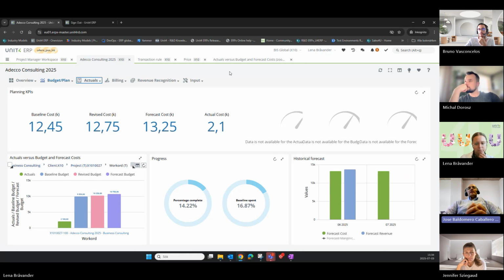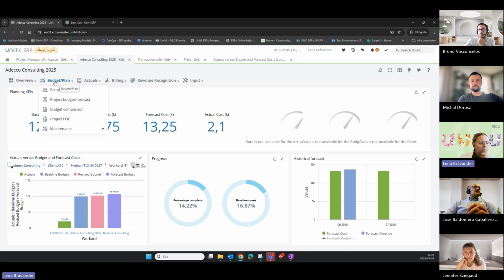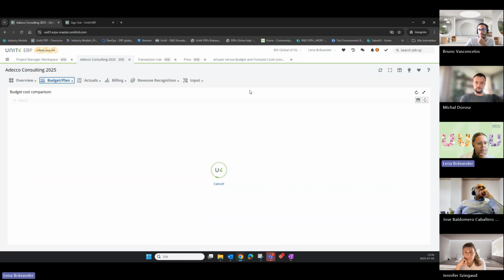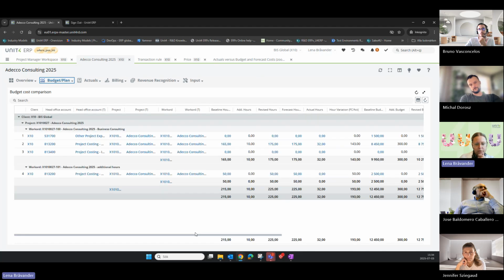And would you mind showing the other view that you showed, where you can see this in the information browser and we have the estimate to complete and so on? So we can see what all the reporting is that we have. I don't remember where this was. So we have a couple of ones here. I don't remember the details in all of these. We have a budget comparison report. I think this shows